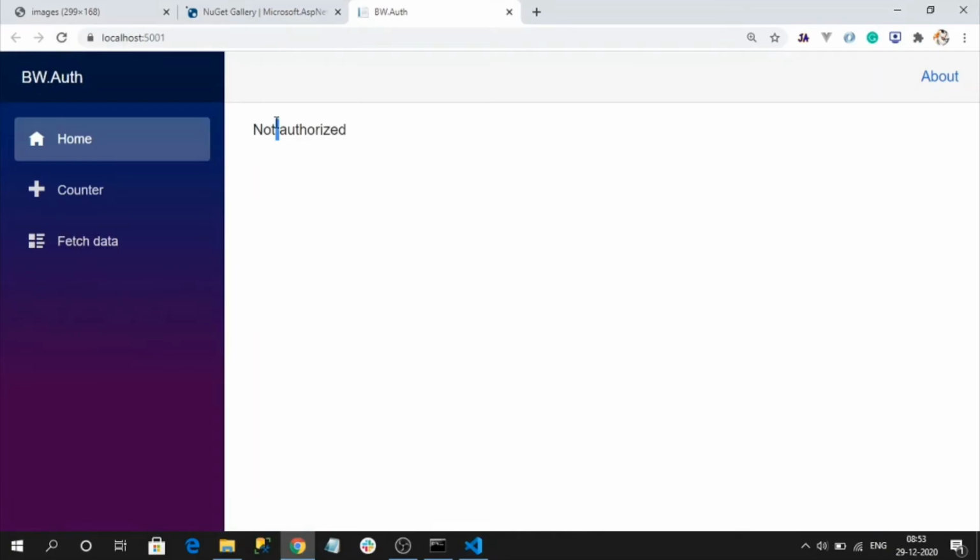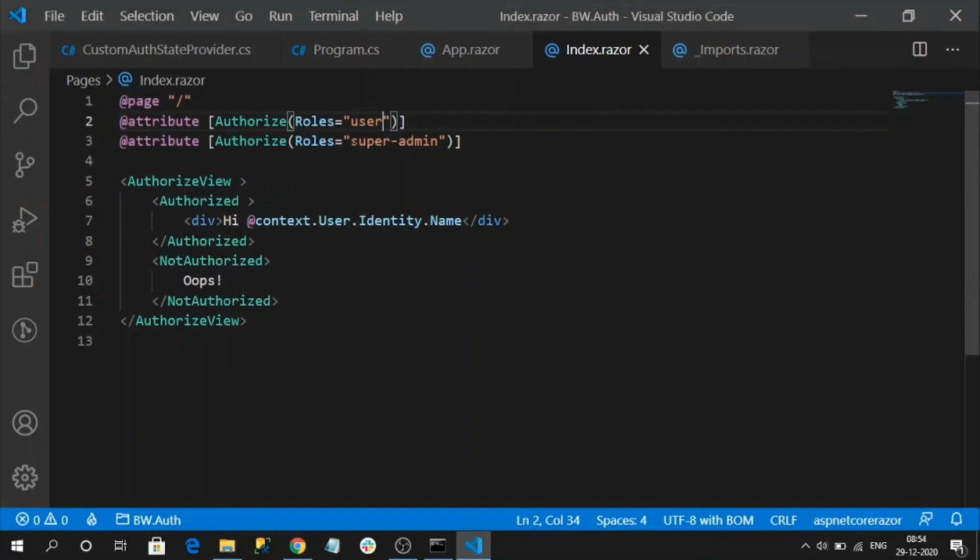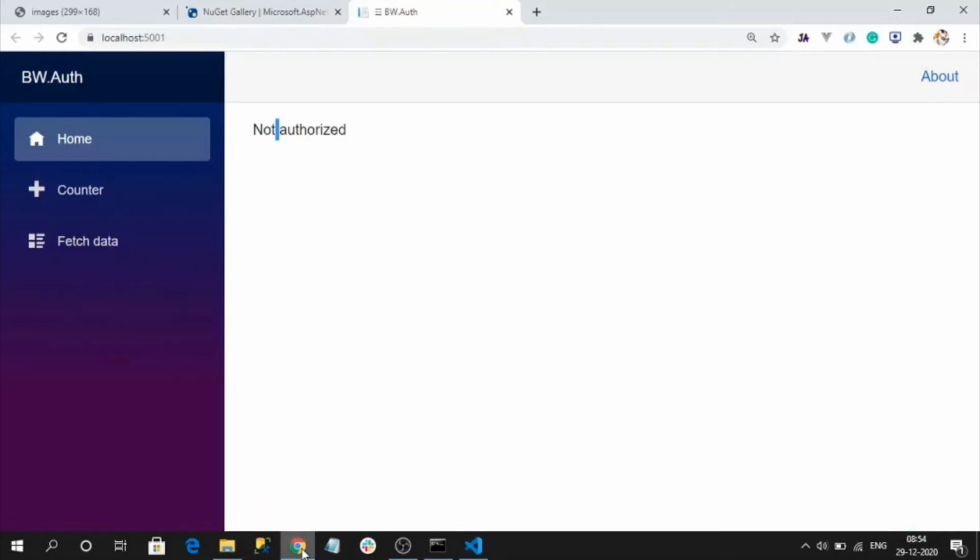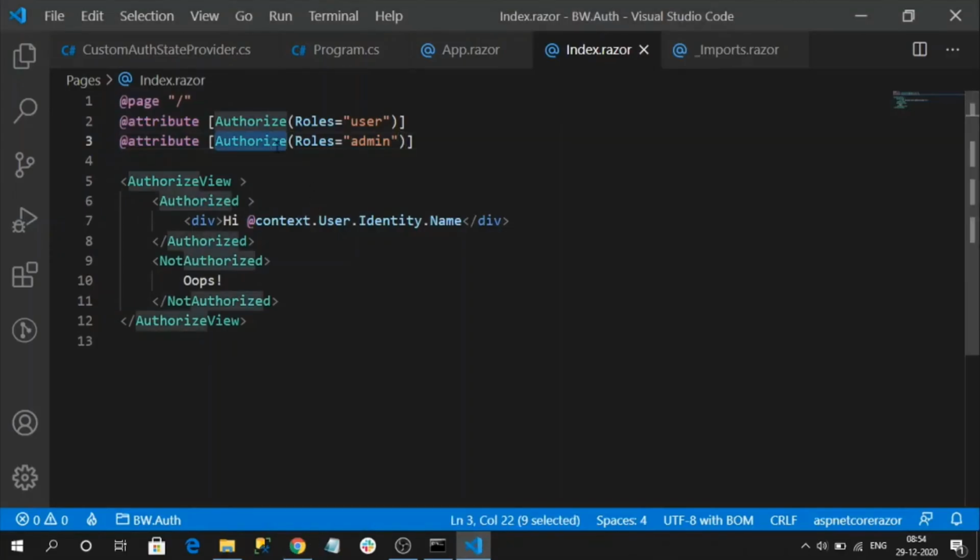See, I am getting not authorized because I am not super admin. If I change this to admin, then I am able to access because I have both user and super admin. Now I will get the page, because both authorized attributes have been verified for my user and they permitted access.